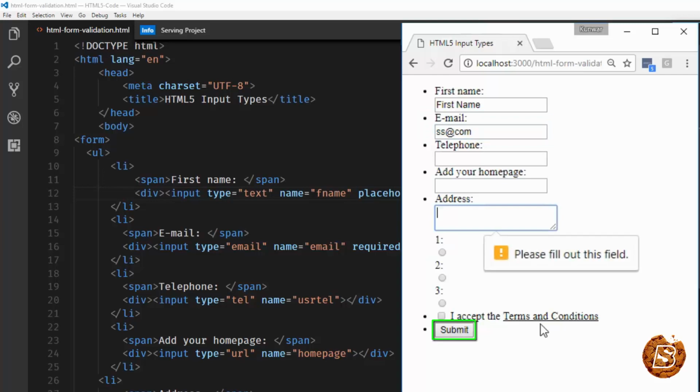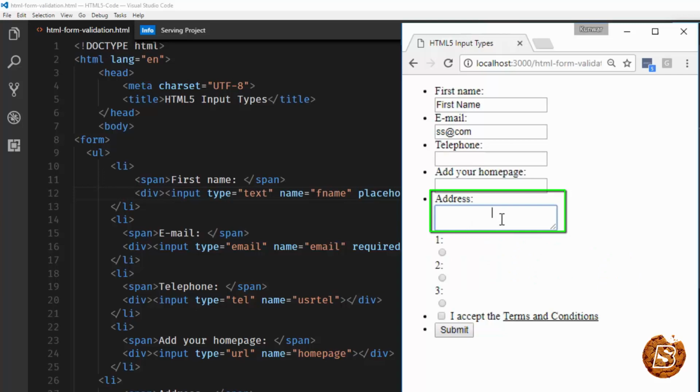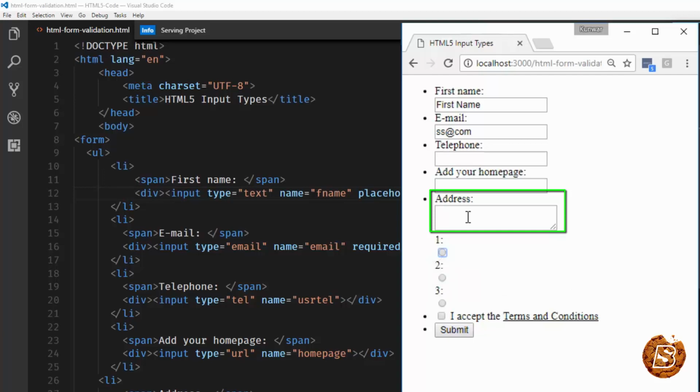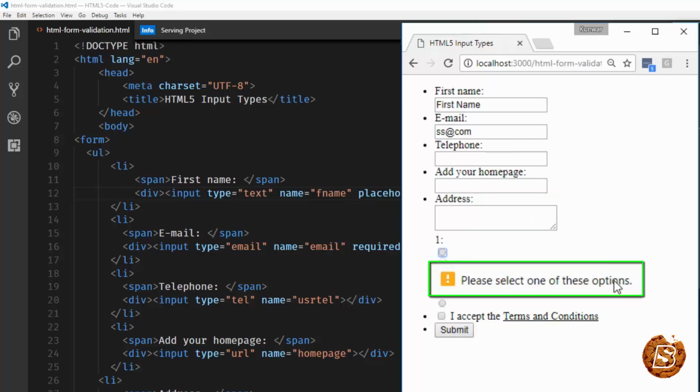Now if I click on submit, this is going to ask you to input something in the text area. Here also enter a set of spaces and click on submit. It validates that because the pattern attribute is not going to work on the text area. So here we'll have to take help of JavaScript or jQuery to further validate the text area so that no one just enters empty spaces and submits the data. Now with the radio button, if I click on submit, you can see that it says please select one of these options,